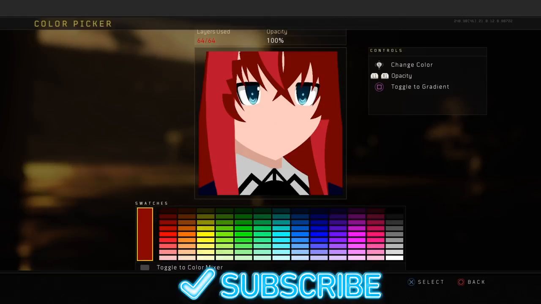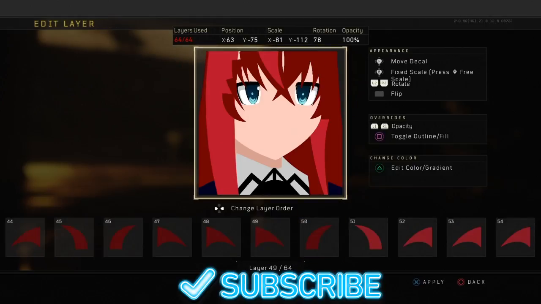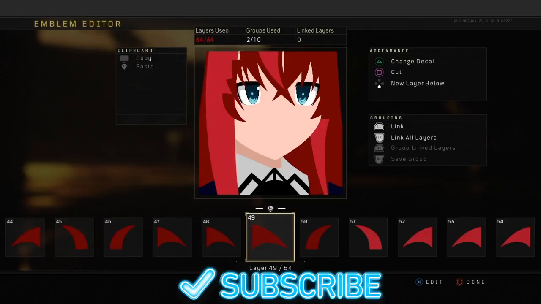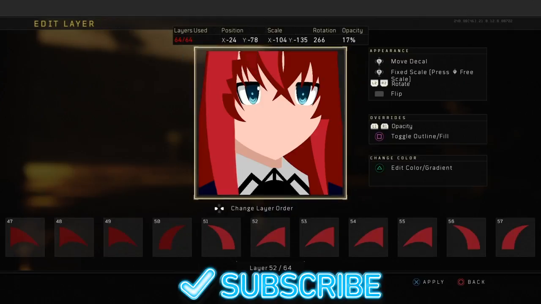If you did that, press touchpad in once, select that one, and then what I would recommend is just go to 49. It doesn't matter that much. Select that one. Go like touchpad in once, at 49, and then press R3 at 52, paste that one, and then all you have to do is check position, scale and rotation, pause the video if you have to,